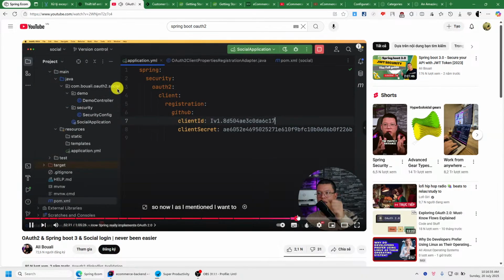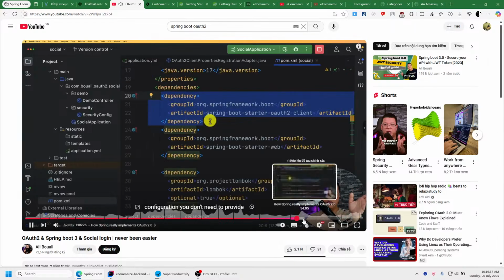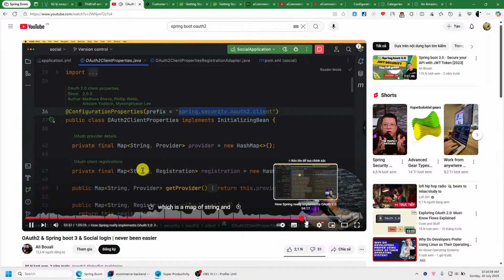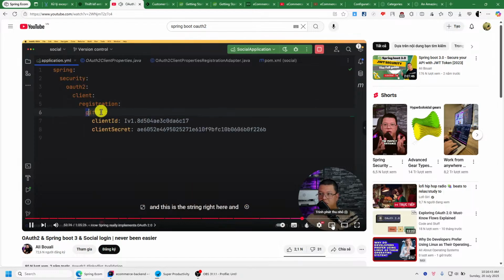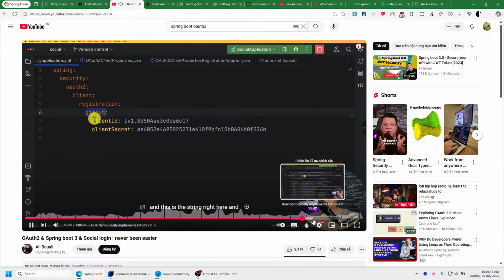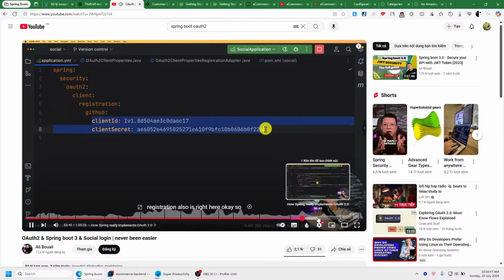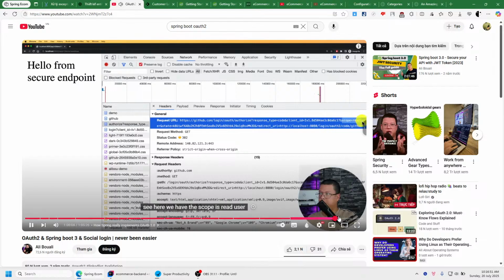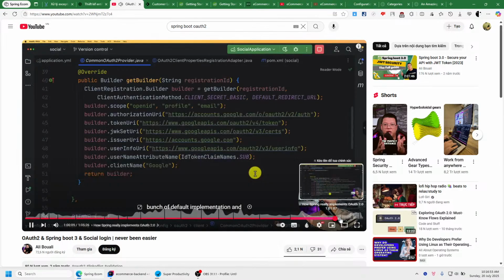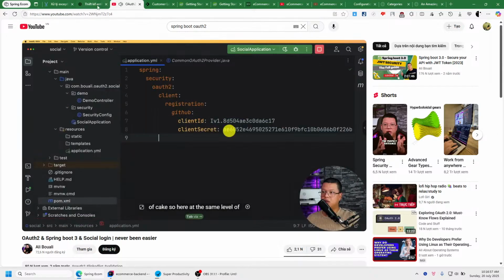So now configuration, you don't need to provide any configuration, which is a map of string and registration, and this is the string right here, and the map or the value of this registration. Also, we don't have the builder. Here we have the scope, default implementation and default configuration for us. So here at the same